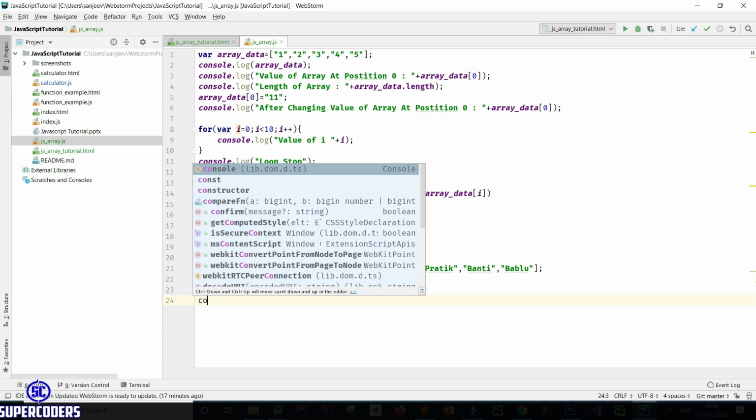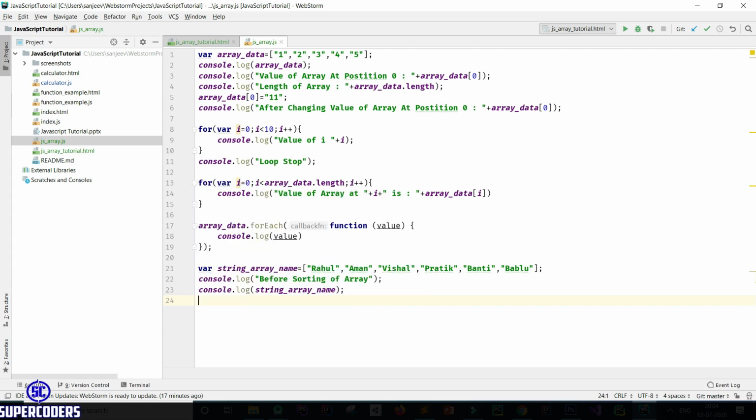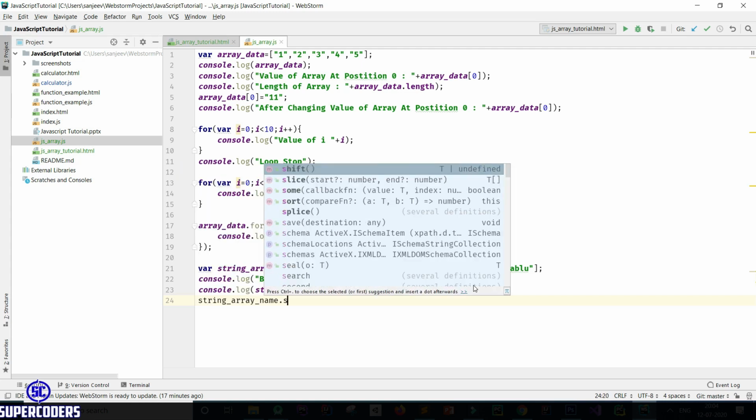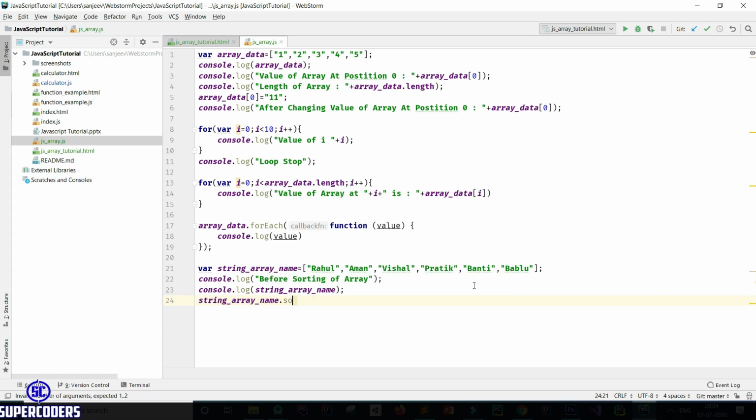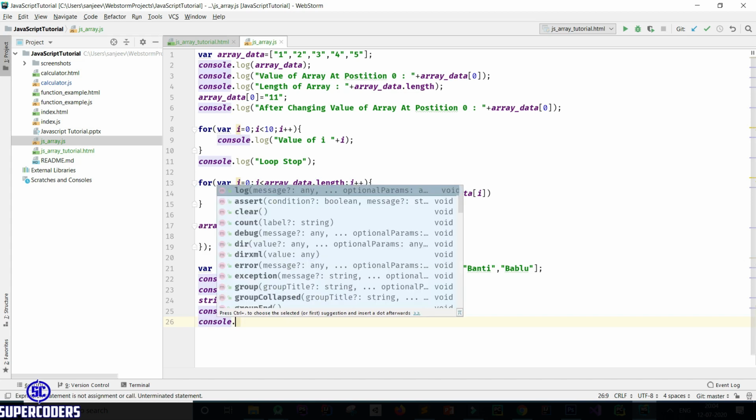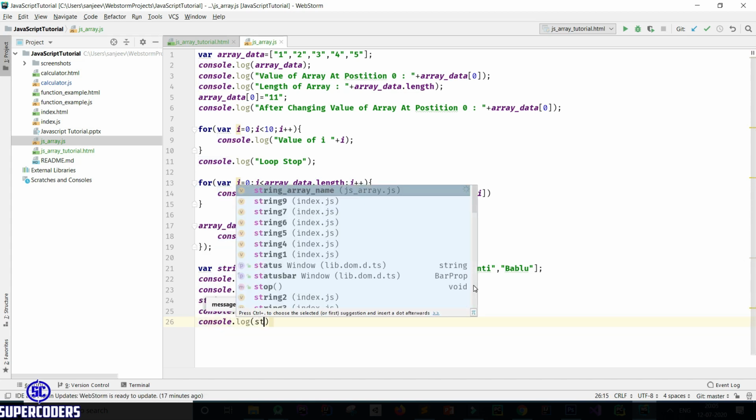Then after sorting the value, so for sorting a string array, dot sort, then printing the value after sorting the value of array. Now let's print the value, console.log string array name.